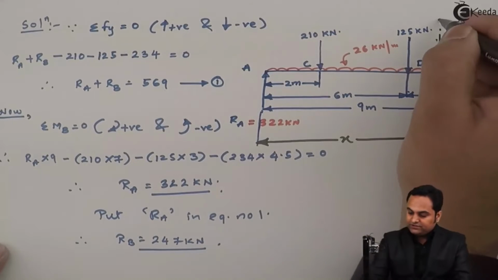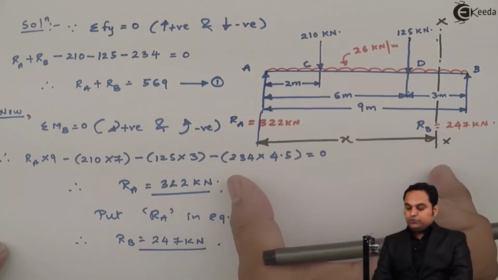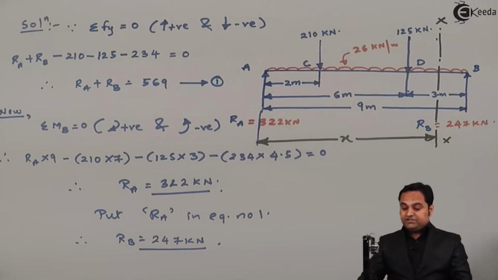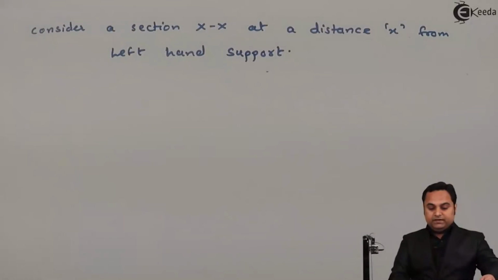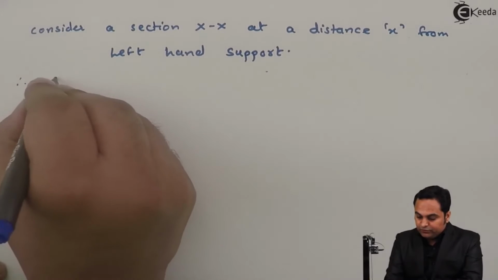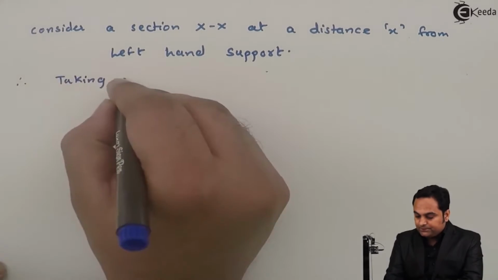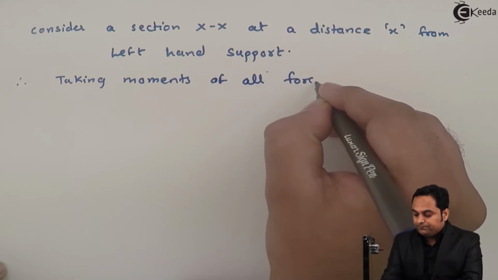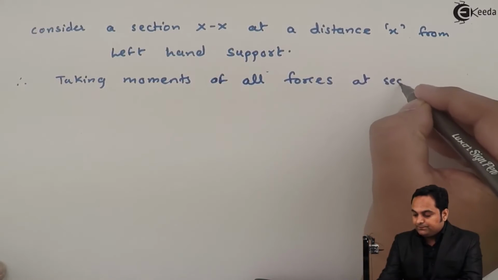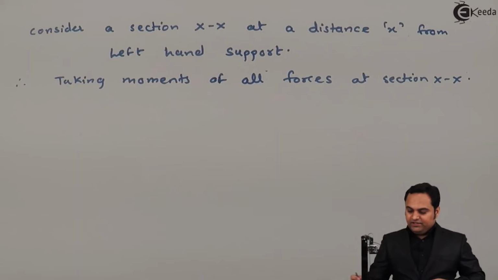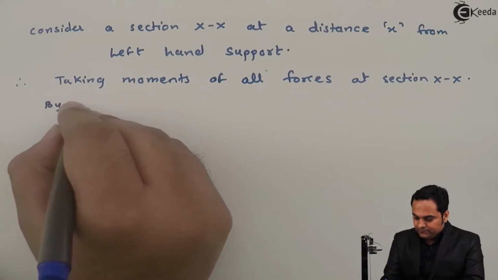Which I am considering section XX at a distance small x from the left hand support. Now I will be taking moments at this section. So after I've taken the section, I am taking moments of all forces at section XX, and this is done by the double